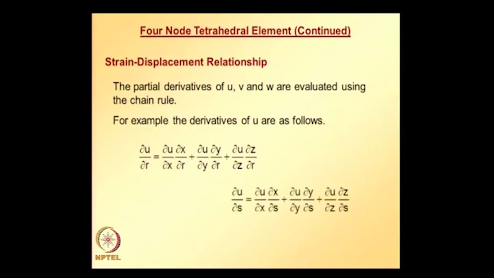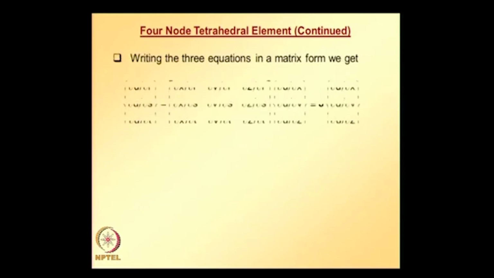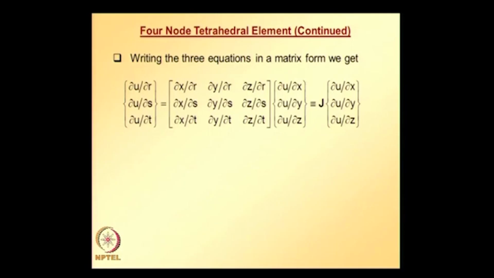Similarly, we can write partial derivative of u with respect to s, partial derivative of u with respect to t. These 3 equations can be put together in a matrix and vector form. Writing 3 equations in a matrix form, we get this relation,